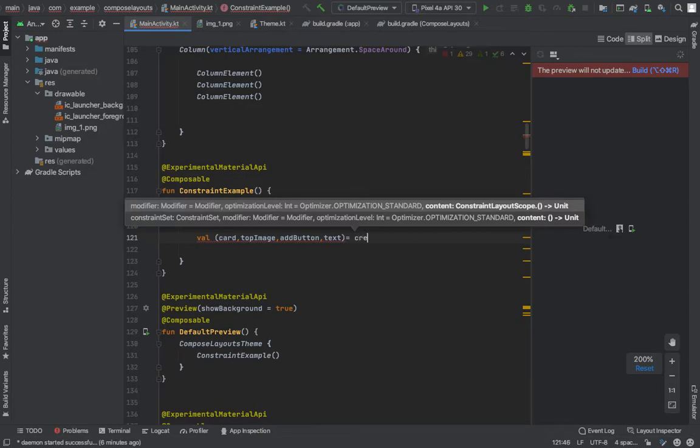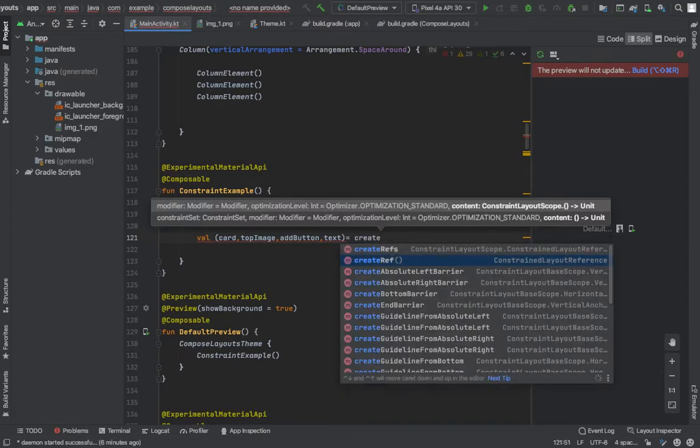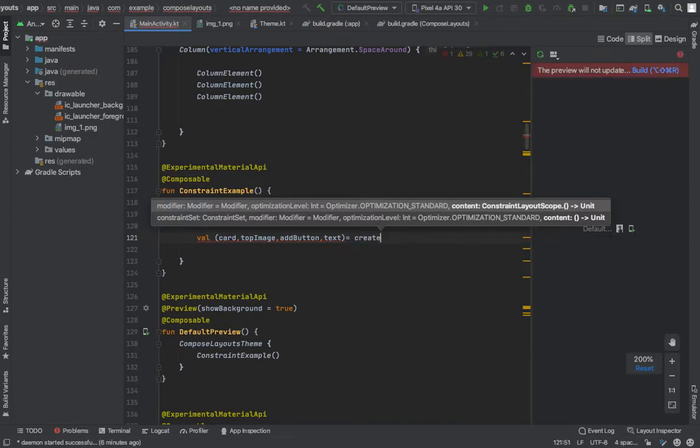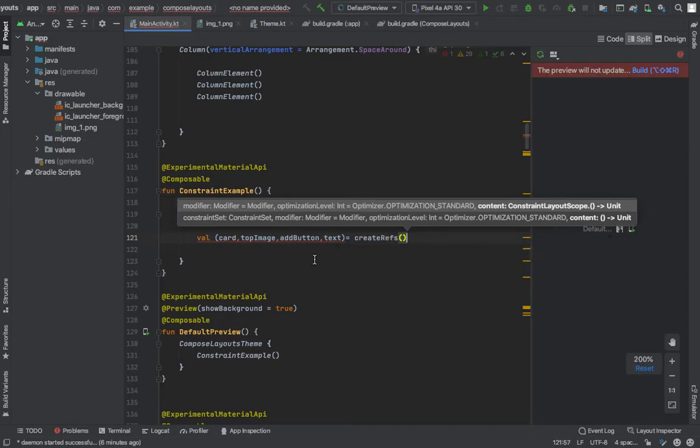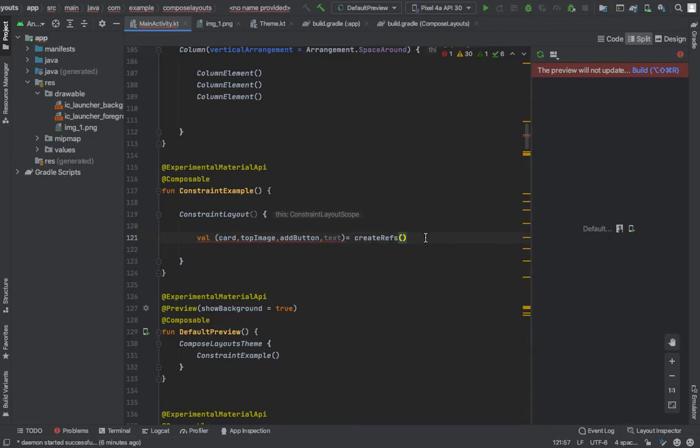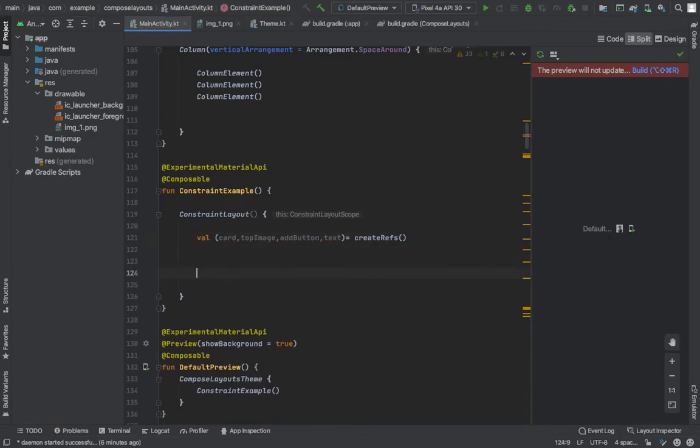We can create these references by using the createRef function. The createRef function creates these for us.